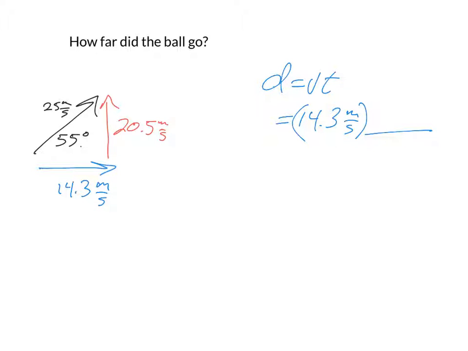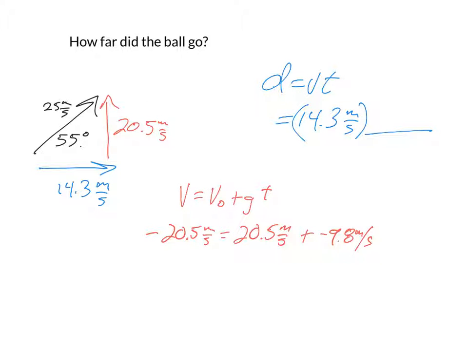And this one, because the ball goes up and down, when I use this equation, on the way down, the final velocity is negative 20.5 meters per second. My initial is positive 20.5 because it's on the way up, in the beginning of the kick. On the way down, it's negative, plus a negative 9.8 meters per second squared. And time is what I'm interested in. Let's subtract that 20.5 from both sides and get negative 41 meters per second